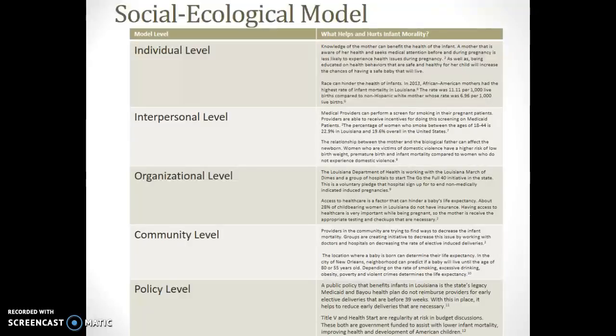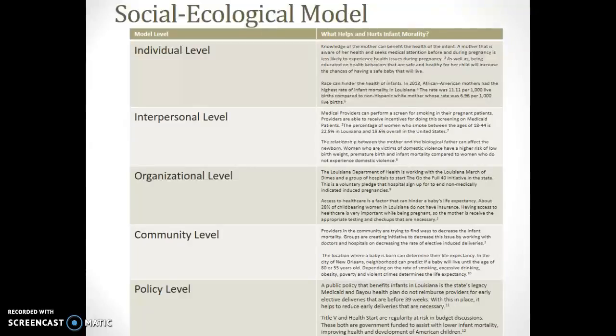Something that could negatively affect the child is the relationship between the mother and the biological father. Women who are victims of domestic violence have a higher risk of low birth weight, premature birth, and infant mortality compared to women who do not experience domestic violence. On the organizational level, the Department of Health can work with Louisiana March of Dimes and hospitals to start the